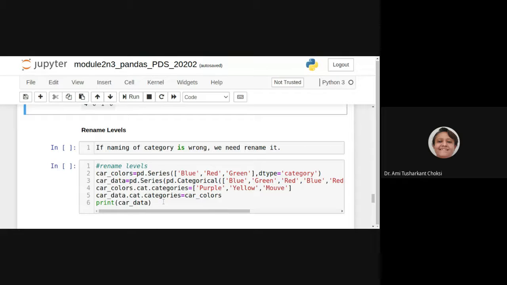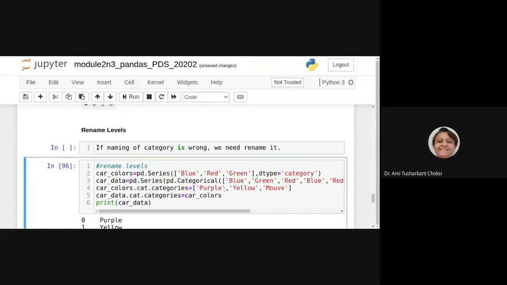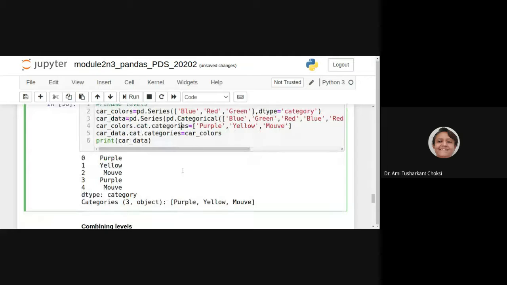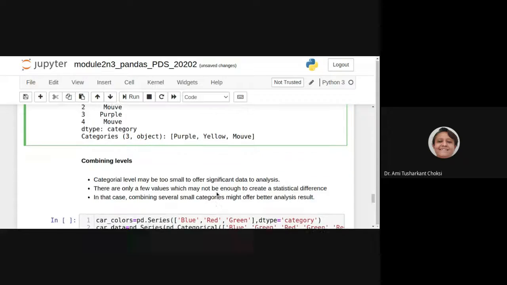And for data categories, we are giving them as car_colors only. So we have a series, and after that we have provided the categories also. Now we are printing the car data. It says 0 purple, 1 yellow, 2 mauve. And what is the category? That is 3 object: purple, yellow, and mauve, right?